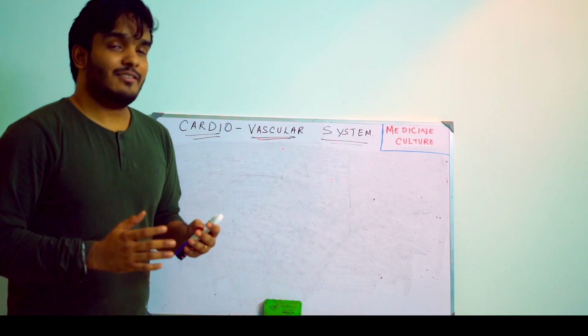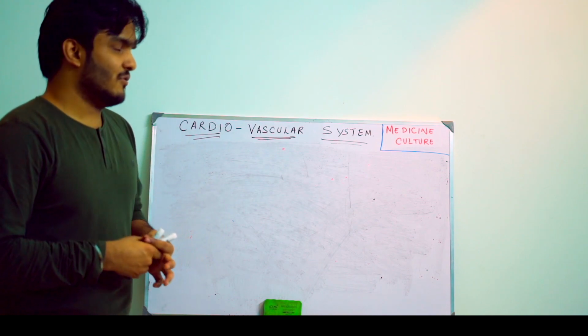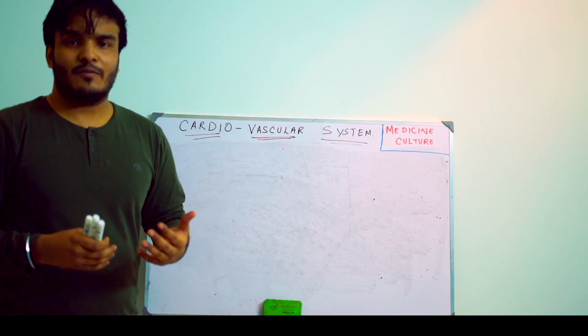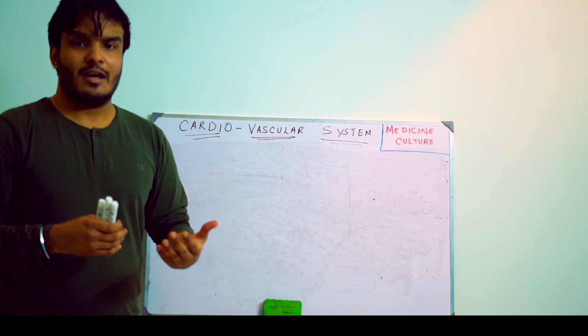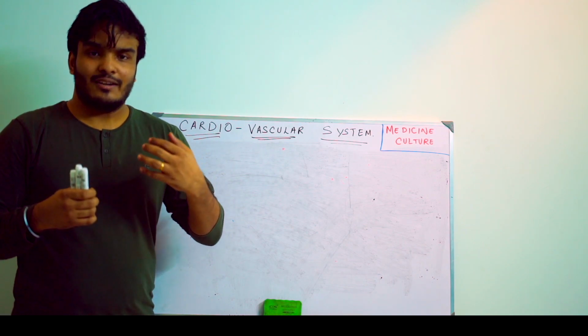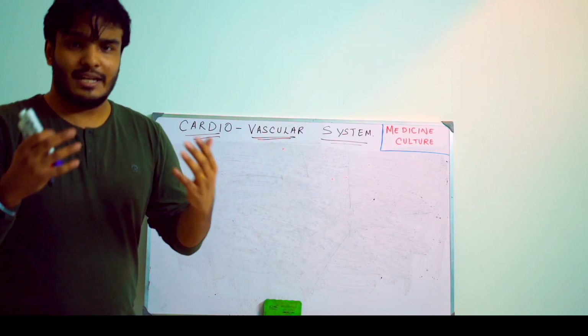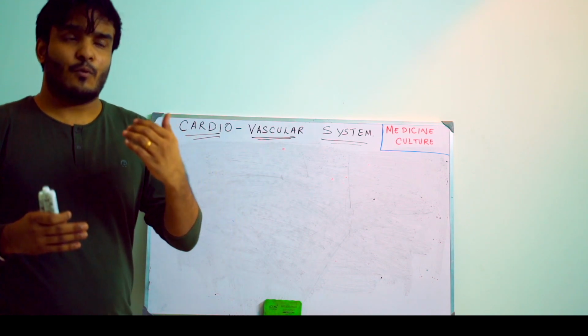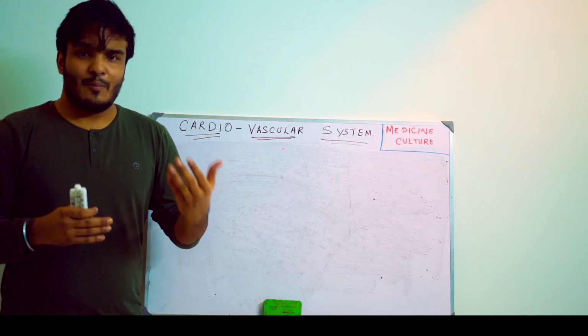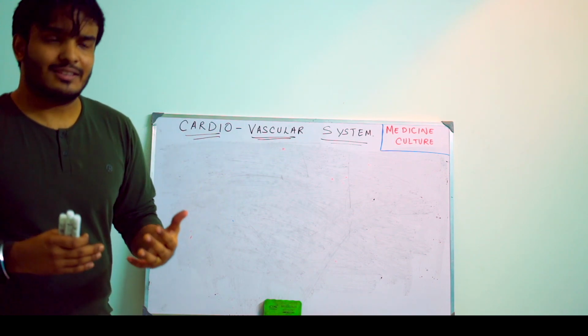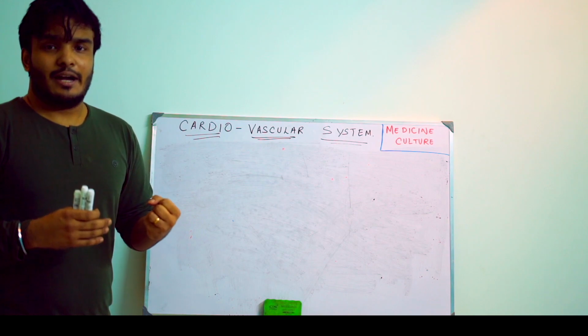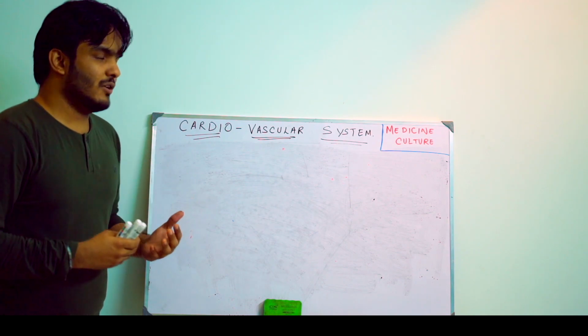I hope you enjoyed this topic. After you have studied this topic, whenever you get an ECG in your hand, please refer to what I said. First of all find which area is affected, then find the reason for this MI, which artery is responsible for it. This is the way we need to study, so that things will be easier for you.